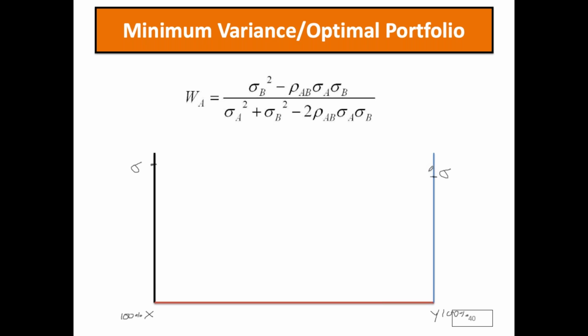अब दोनों सिक्योरिटी के बीच में कुछ कोरिलेशन भी होगा, there would be some correlation. तो उसके लिए मुझे क्या चेक करना पड़ेगा, I will be finding out different combinations, say for example 99% in X, 1% in Y, likewise I keep on arranging different combinations. कई बार ऐसा भी होता है कि जो ये लाइन है वो सीधी की सीधी आपकी यहां से इधर आ गई, सिंपल। So it says that ये दोनों में कोई मिनिमम वेरिएंस पोर्टफोलियो नहीं बन सकता है, दोनों में से जिसमें कम रिस्क है उसी में इन्वेस्ट कर दो, पॉसिबल है।